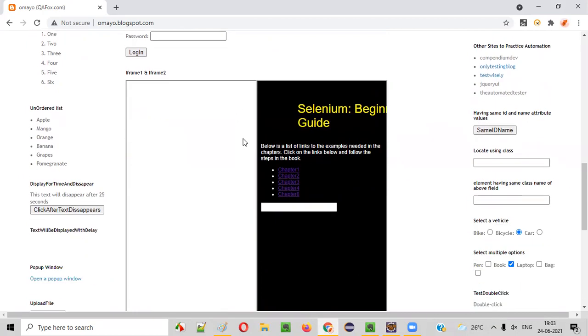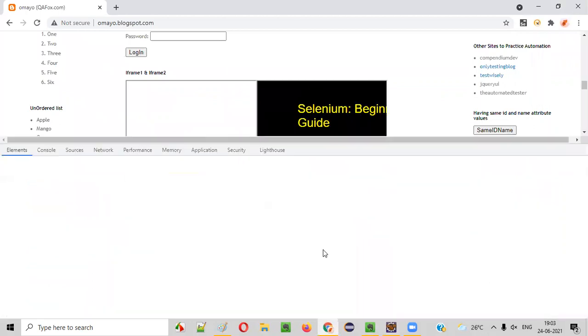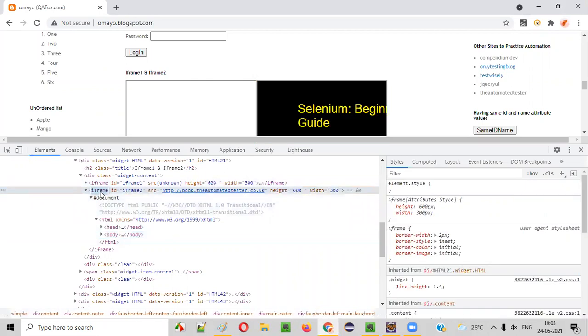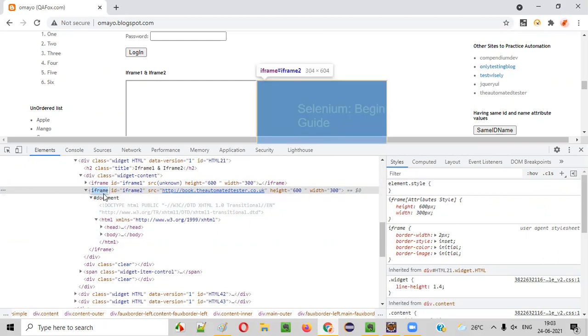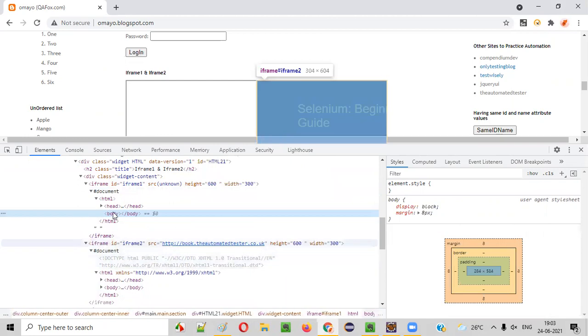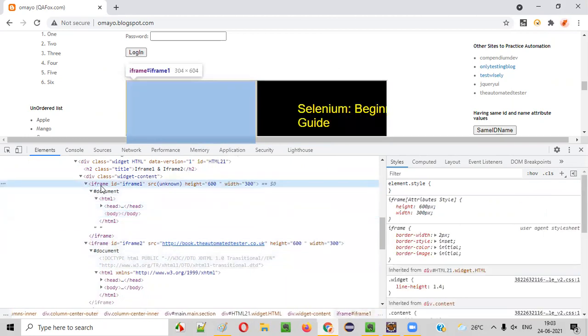If you inspect any particular frame, you see the frames are having which tag on this page? iframe tag. All the frames on this page are having iframe tag, so by using this tag name, I can find out how many frames are available on this page.